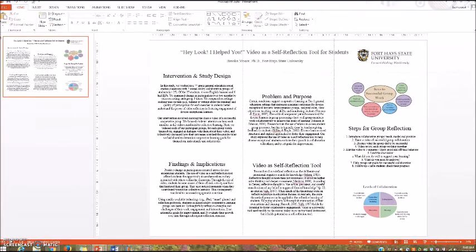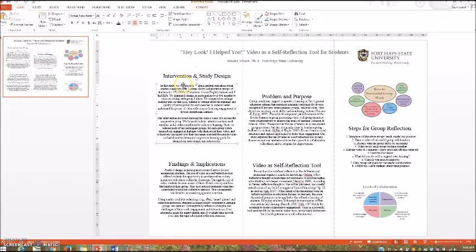So now is the fun part. At least for me, it's the fun part. This is the design part. This is when I get to decide what are the graphics I want to use, what are the colors I want to use. What about visual space, which currently I have plenty of visual space, right? So how do I want to move things around and play with them? As I mentioned to you before, I had some ideas on what I wanted to use, but I've landed on the idea that I want to use